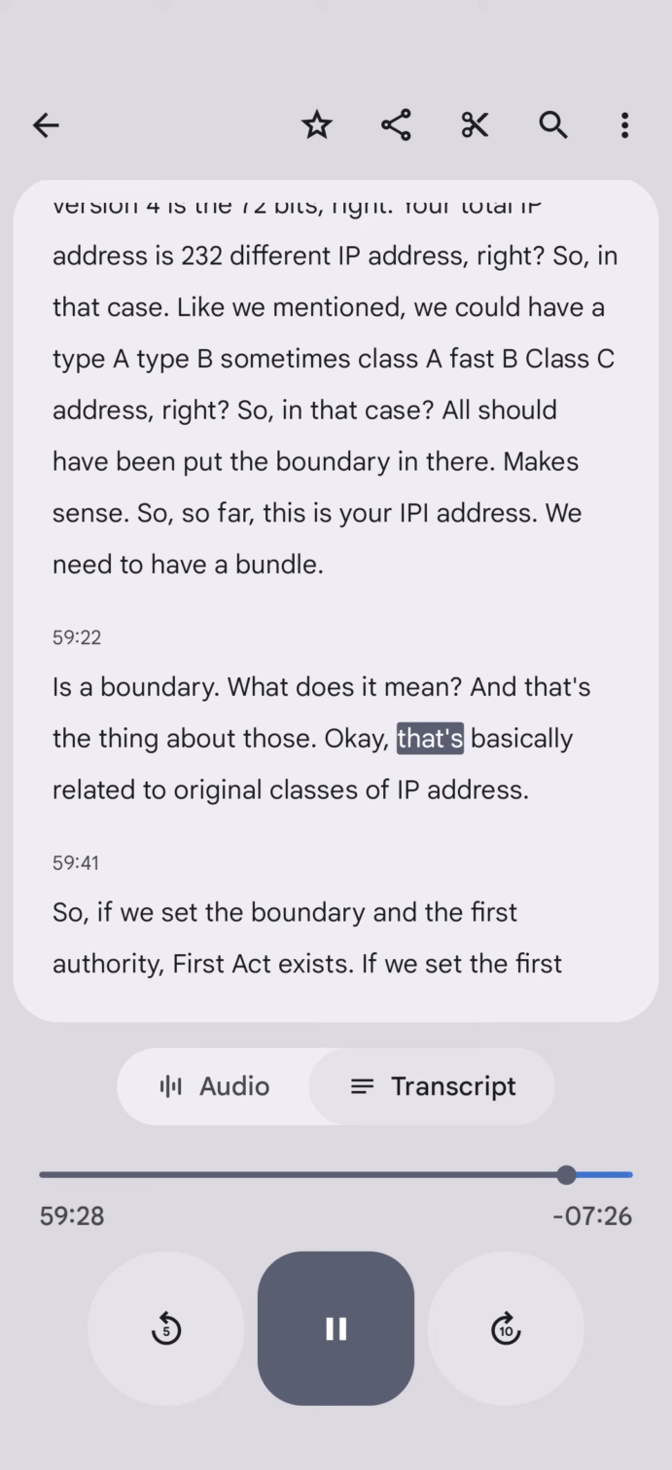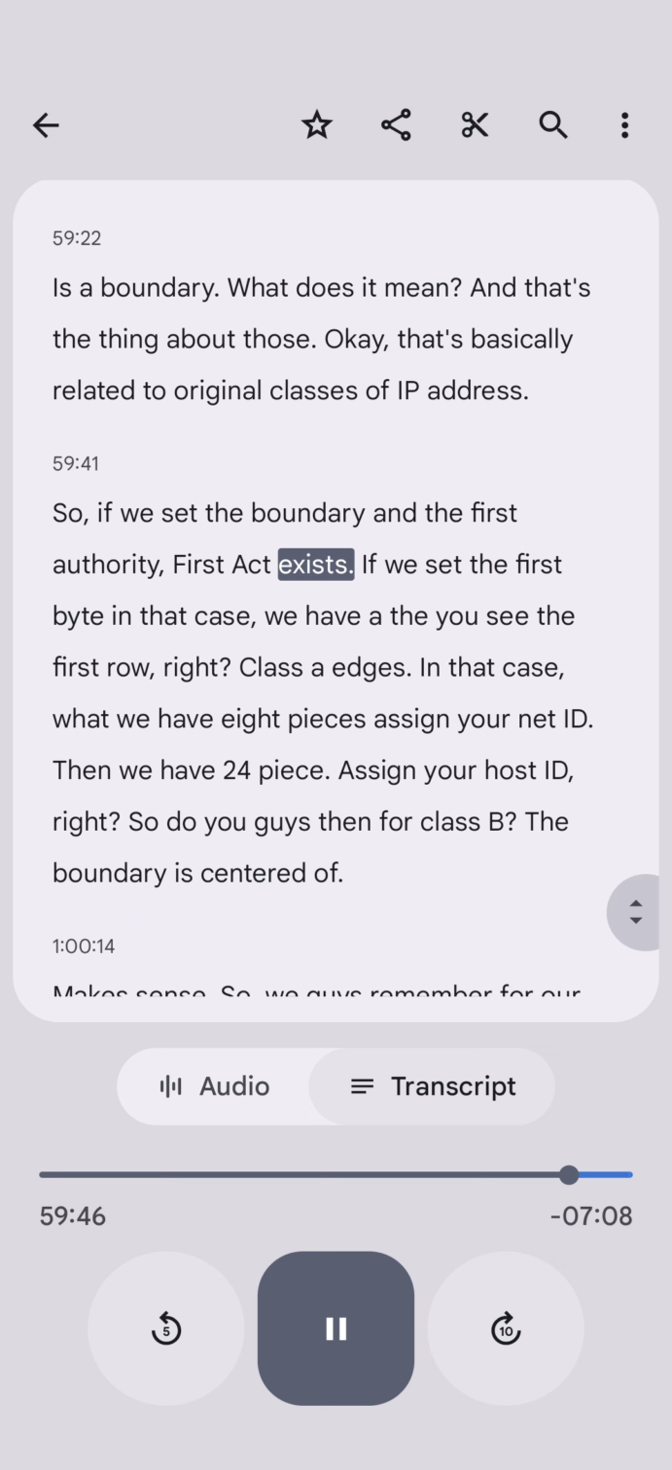You think about those. That's basically related to the original classes of IP addresses. Suppose the boundary is at the first byte. Makes sense? If we set it at the first byte, you see the first row, the class A address. In that case, 8 bits are assigned to your net